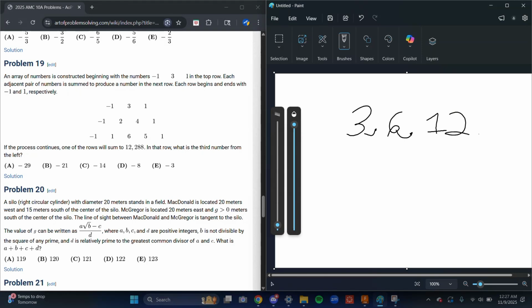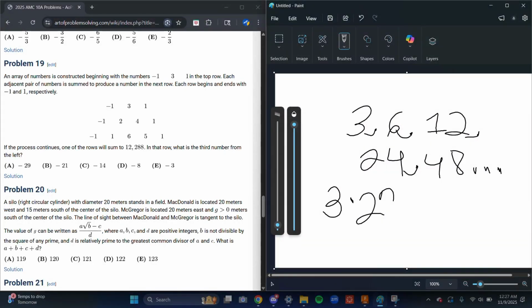So we're multiplying by 2 each time, right? The next sum of rows is going to be 24, then 48, etc. So our sum here is always going to be 3 times a power of 2. So we'll let this equal 3 times 2 to the power of n. Okay. So the problem says that this is summing to 12,288. So let's set this equal to